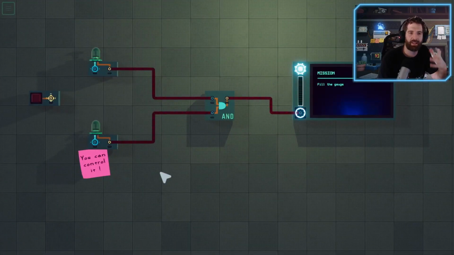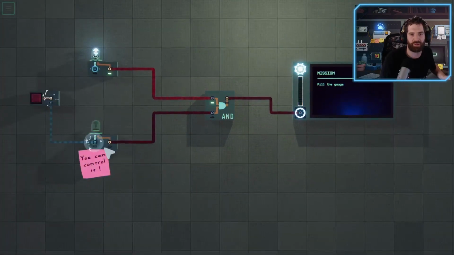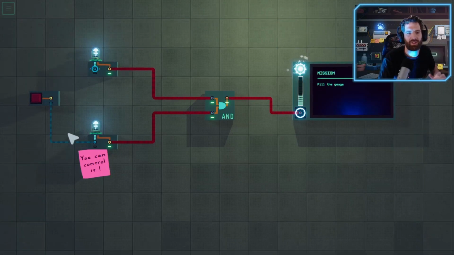You don't need any knowledge in electronics or informatics or programming to play the game. It's really a puzzle game based on pure logic, and everything you need to complete the level, you will learn in the game. So don't be afraid of the electronic aspect of the game. It's not a simulation, it's really a puzzle game based on logic, so you can totally finish the game.